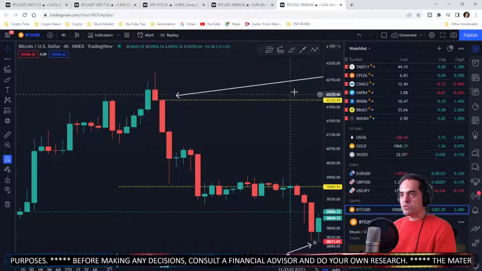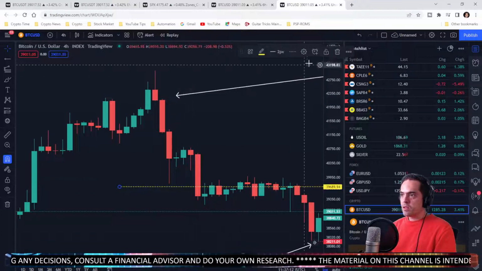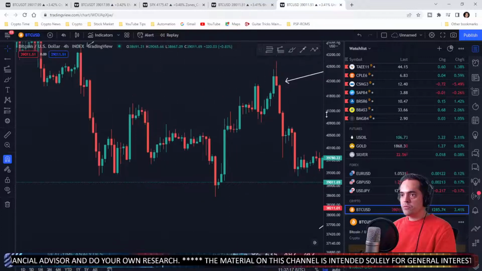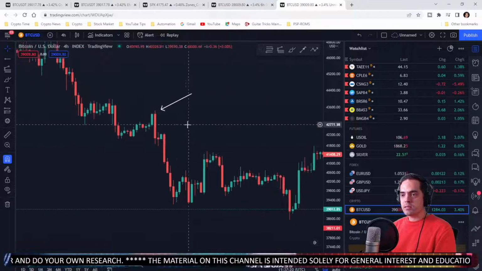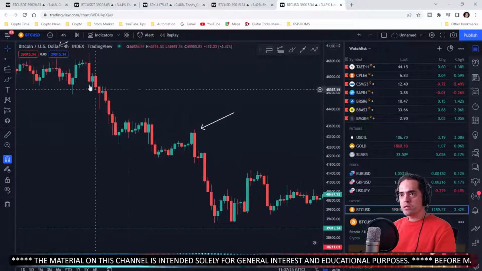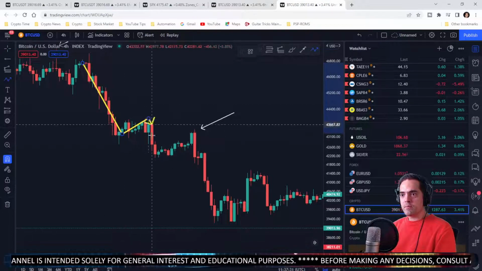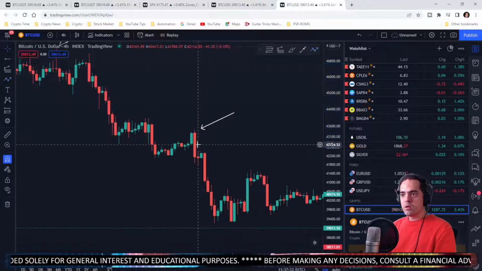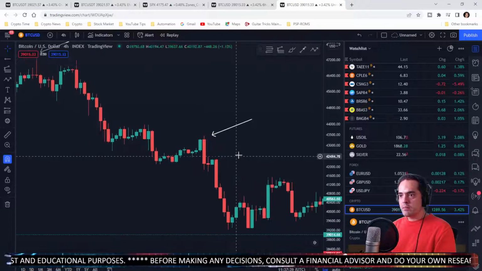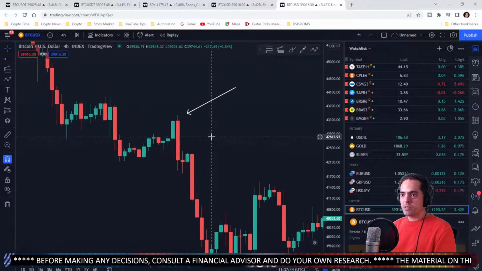I want to show a little bit more examples. You can back test that if you like to do. I would do it if I were you. Just back test that to see. So here again we have a downtrend. So the market is moving down, as you can see, lower highs, lower lows, and right here we have an attempt to break through a previous